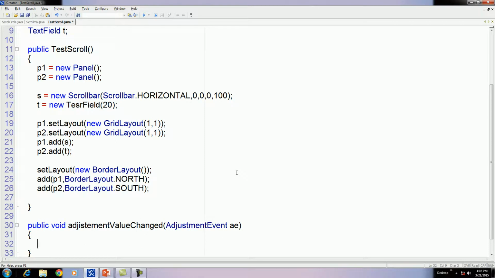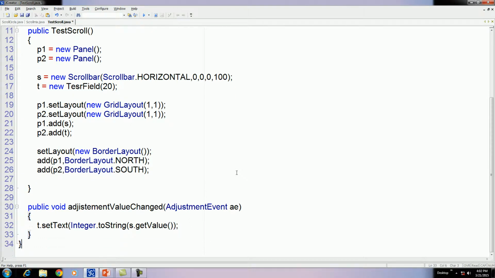Here we simply want to place the current value of the scroll in the text field. Therefore, t.setText(), the value is an integer, therefore parse it with Integer.toString() of the value of the scroll control, therefore s.getValue(), that is the current value of the scroll.